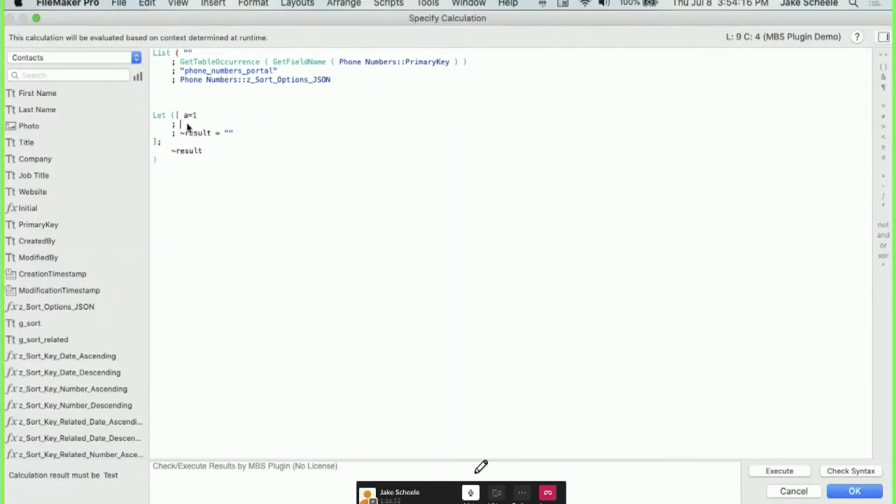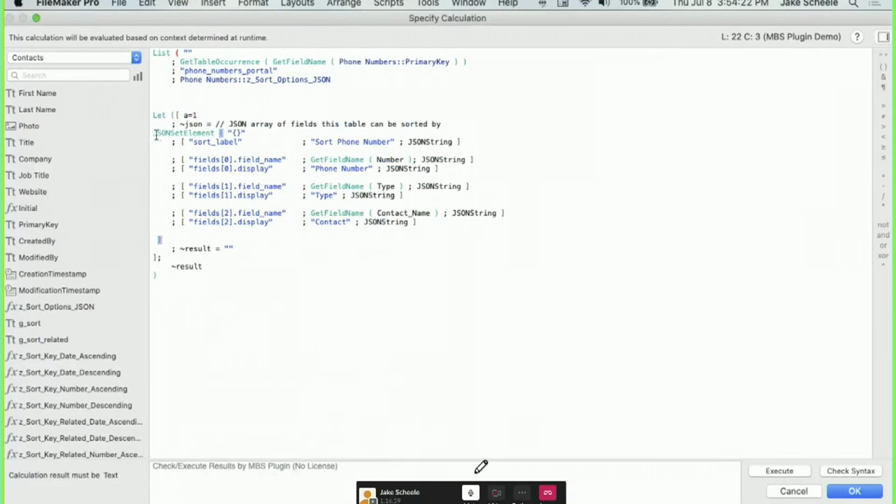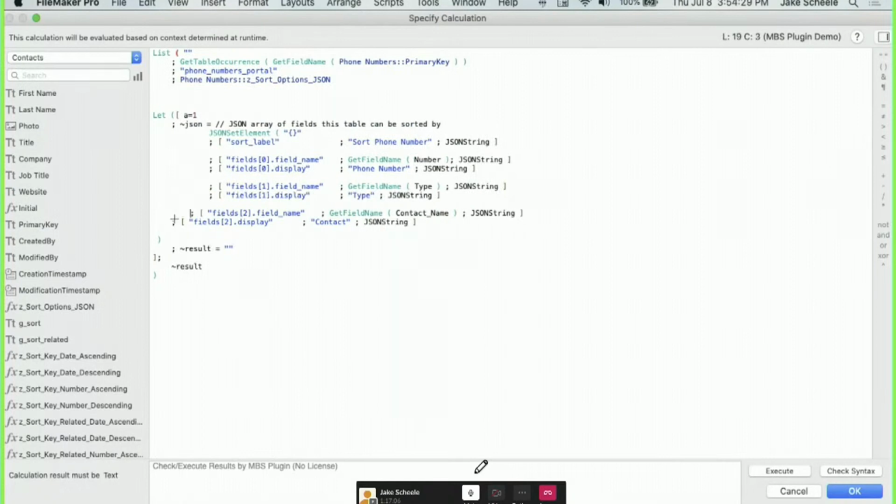So we're going to say let JSON equal that. And I just copied that from manage database. So that's all the different fields that are usually in manage database. But we're going to get rid of this contact option because we don't want it on this one. And then we can do,